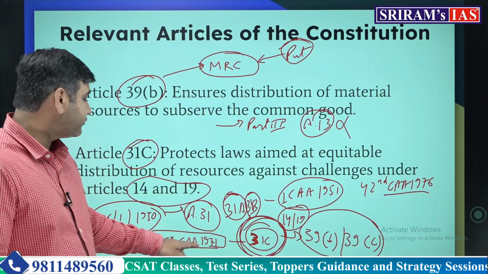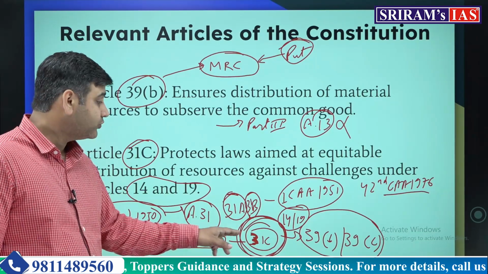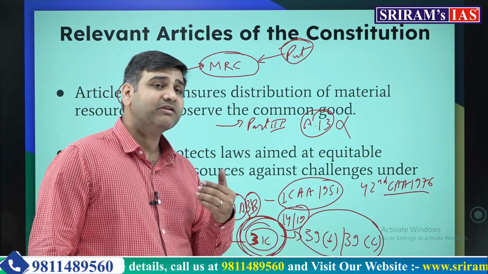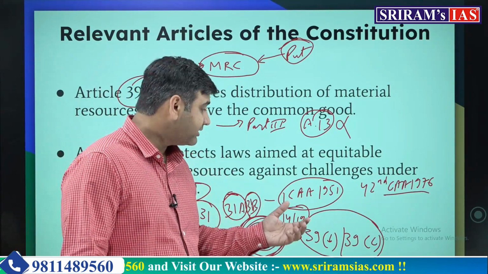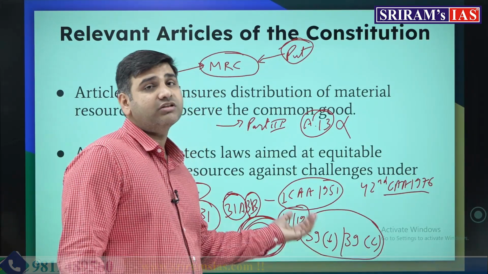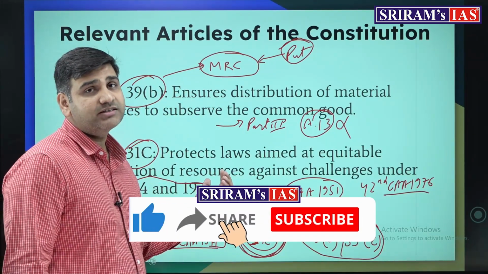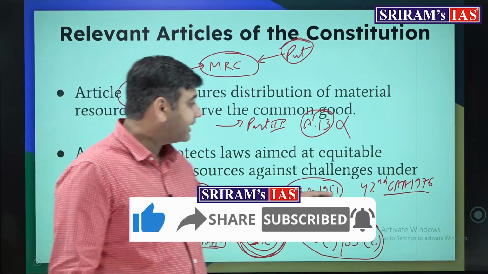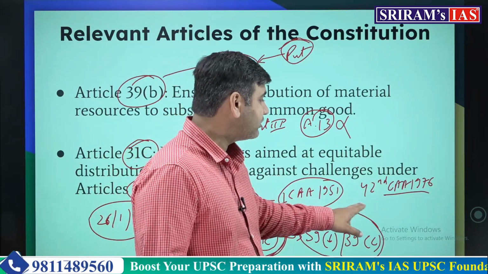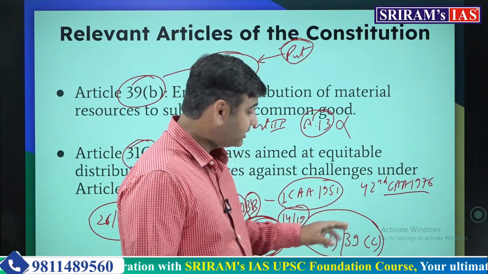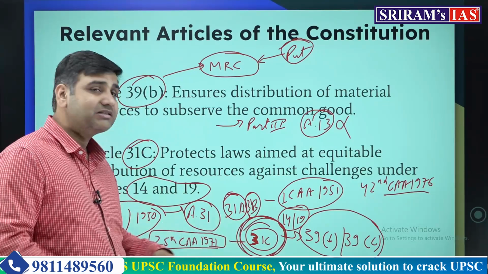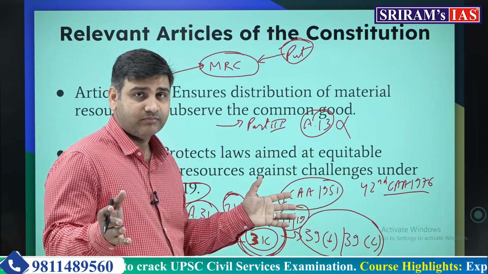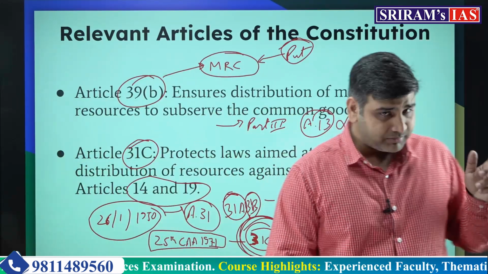Similarly, the 25th Constitutional Amendment Act in 1971 introduced Article 31C, which gave the government the power to implement several policies, to implement the directive principles of state policy without thinking too much about the judiciary's interference or the fundamental rights becoming a block. Then in 1976, by the 42nd Constitutional Amendment Act, the text of 31C was changed. That means 31C was expanded. Now, in the Minerva Mill case,